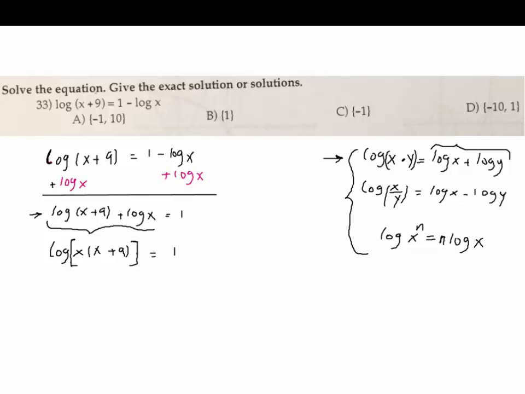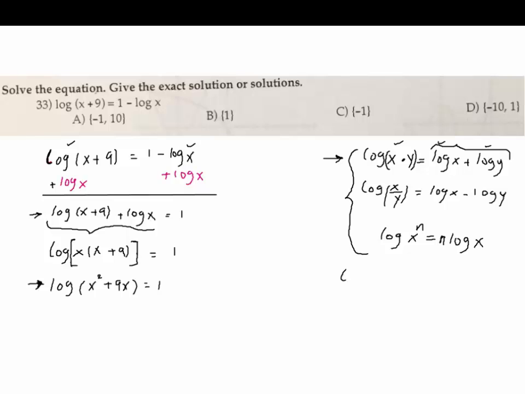Right? So we have log of, if I go then distribute this, x squared plus 9x is equal to 1. So see, the first step is to try to combine these logs. You have one log here, move to one side, and use these properties to combine them. So if you get log of x plus log of y, combine them into log of xy. That's the first thing you have to do. The next step is to